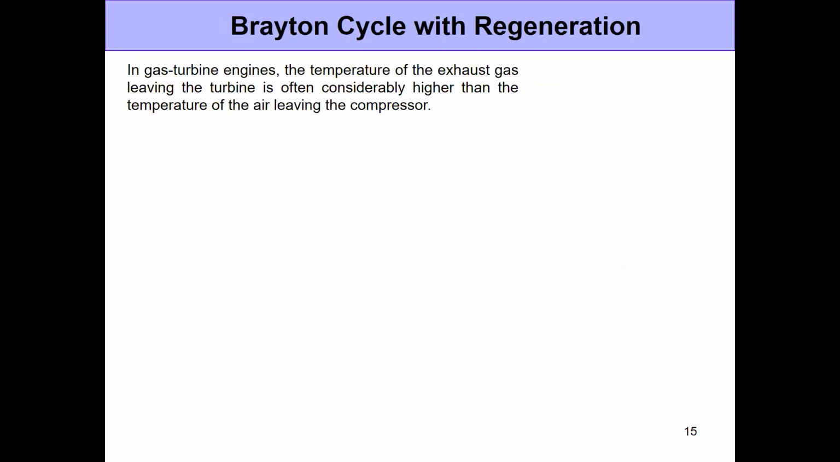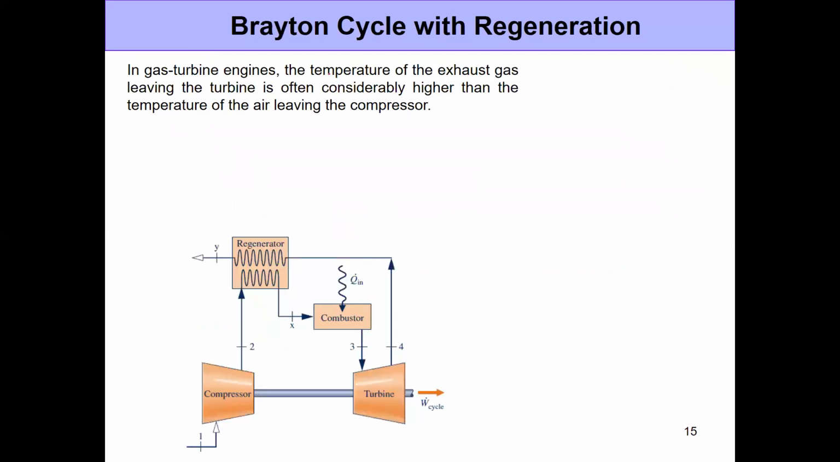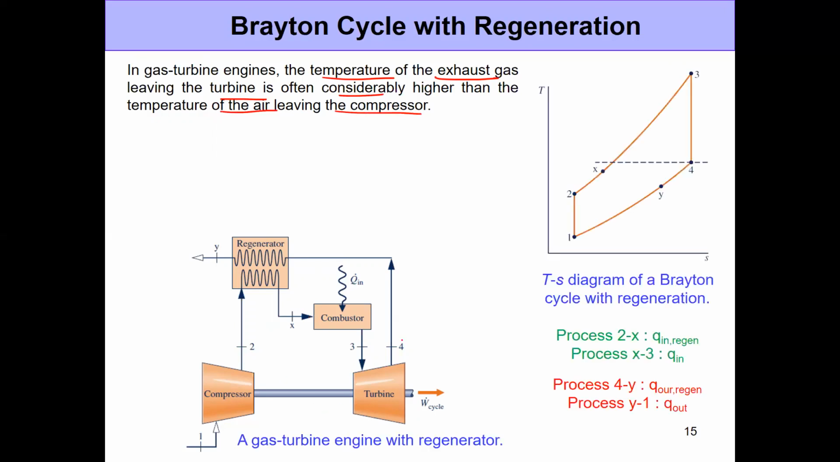Now, when we talk about gas turbine engines, the temperature at the exit of the gas turbine, or the temperature of the exhaust gases which leave the turbine, is most of the time much higher than the temperature of the air that's leaving the compressor. Let's see what I'm talking about here. So what I'm saying is the temperature at state 4 is much higher than the temperature at state 2. Okay, so if T4 is much higher than T2 right here,